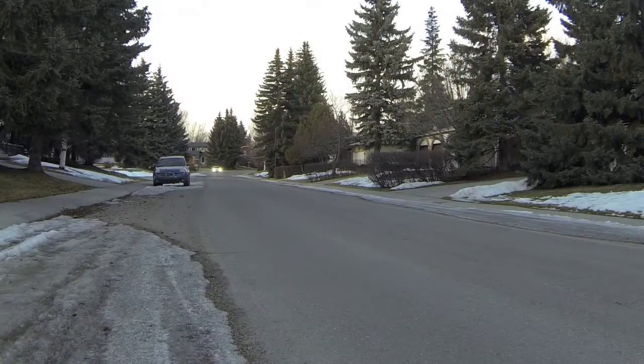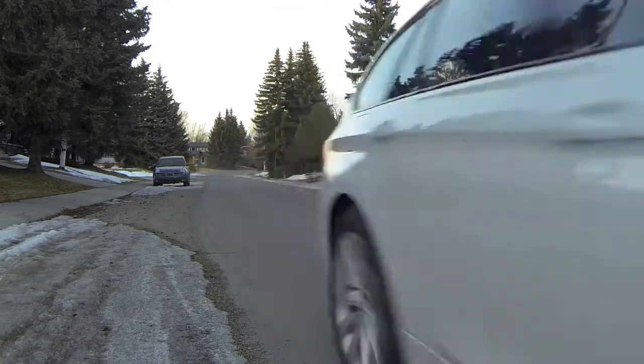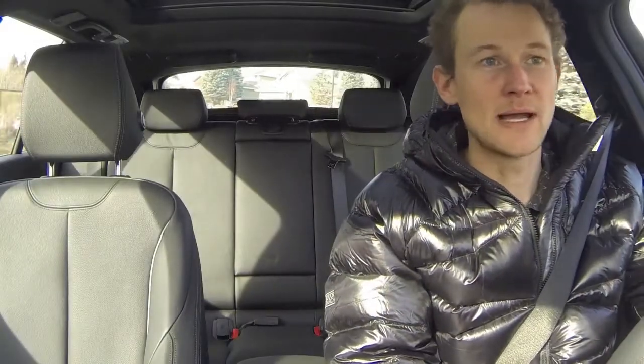I had a couple of friends jump into this car with me earlier this week. That's the first thing they noticed. They went to go get in and they kind of felt like they were clunking down into a low riding sports car. The ground clearance in this car still is excellent compared to, say, the E-Class wagon from Mercedes,